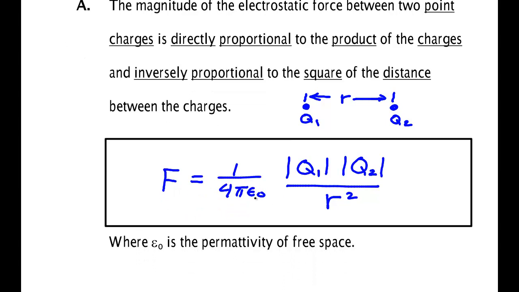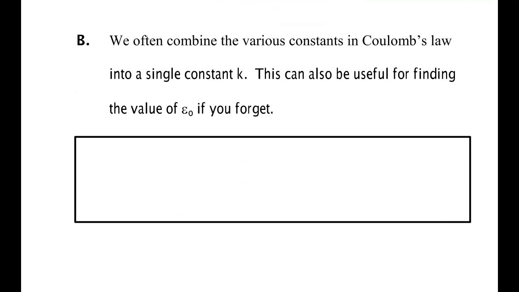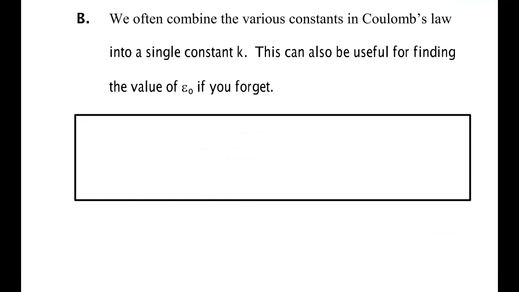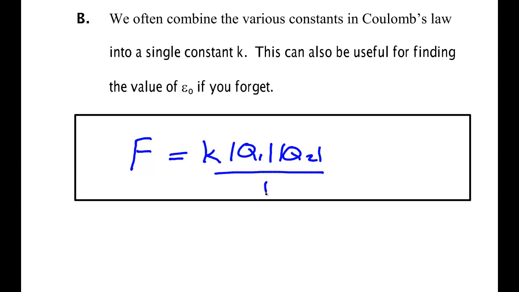because this thing has a really difficult value, this permittivity of free space, although physicists like to write it this way, in books at this level we'll generally combine the 1, the 4 pi, and the epsilon naught and make it just one constant. When we do that, the equation has an even simpler form, and that form is F equals K Q1 Q2 over R squared, where